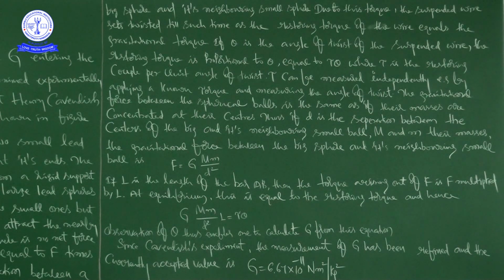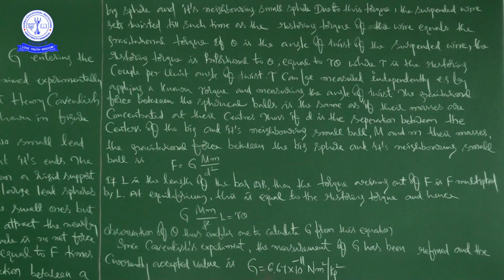So from the experiment and some of the constant values, that is capital M and small m, we need not bother about these things separately, because these values are already known before doing the experiment. What is capital M, what is small m, what is capital L, and what is D, you know. So by substituting these known values, you can calculate the capital G value. That is, capital G is equal to 6.67 into 10 to the power of minus 11 Newton meter square per kg square. In this manner, we can calculate the universal gravitational constant value.